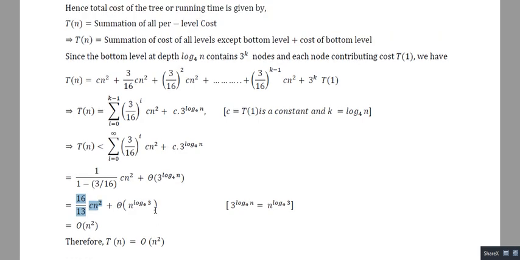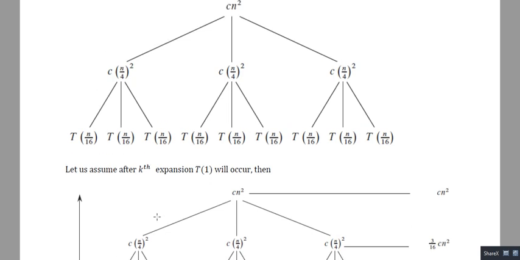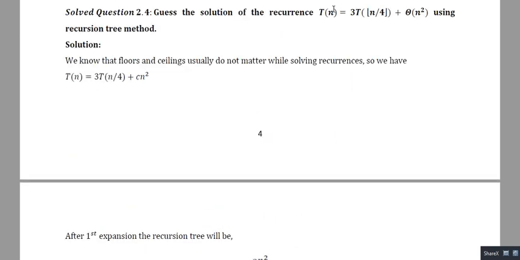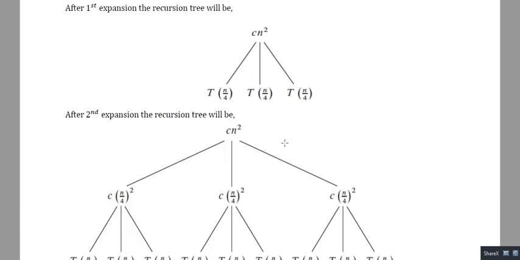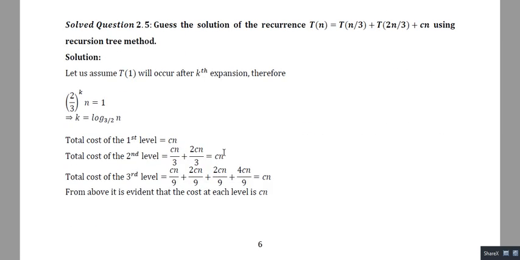So this is how we solve any recurrence using the recursion tree method. Let me tell you once again: given any recurrence, you try to draw the corresponding recursion tree. Then you evaluate the cost involved at each level, which is termed the per level cost. Then finally you obtain the solution by summing all the per level costs. Similarly, I have given more examples. You can just go through them.